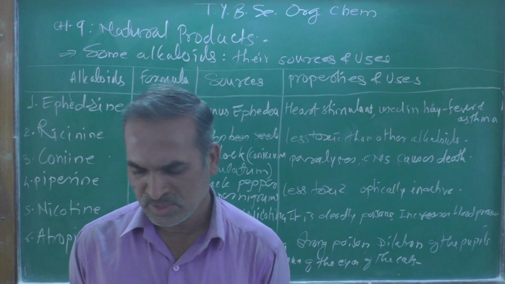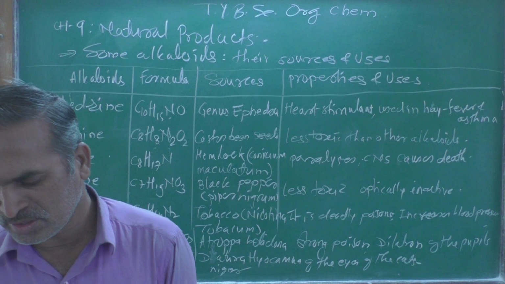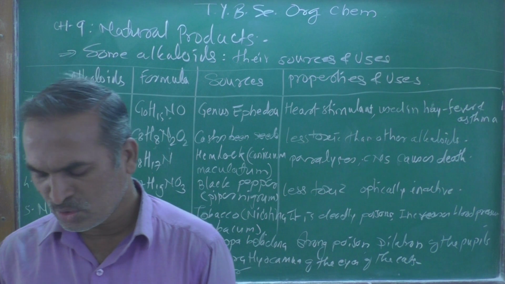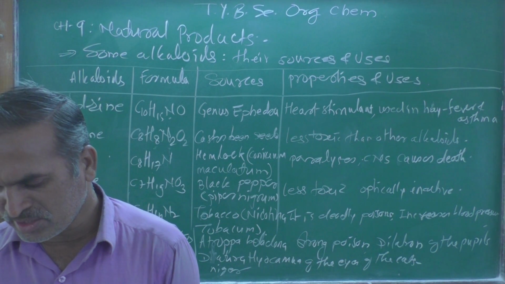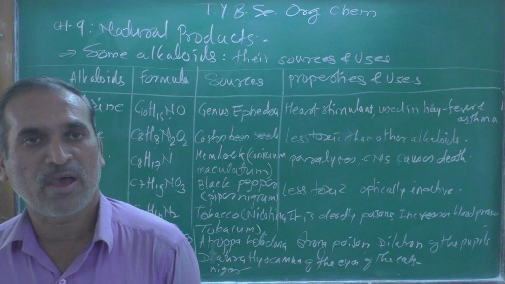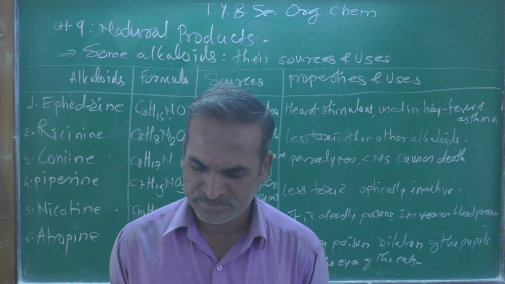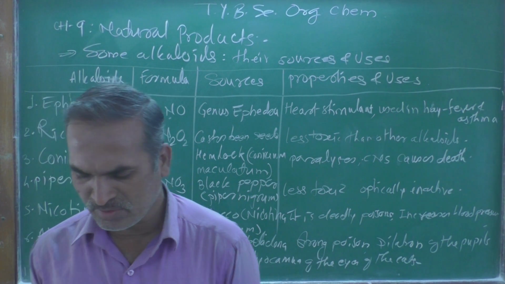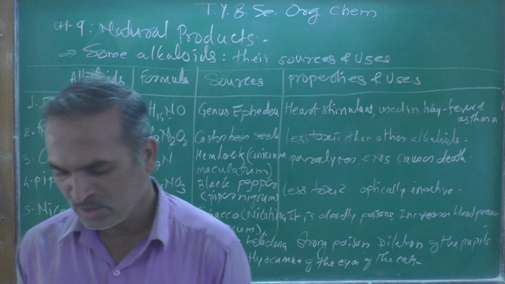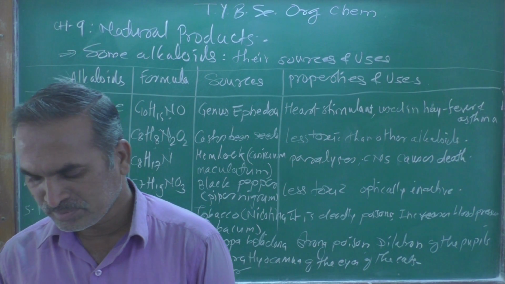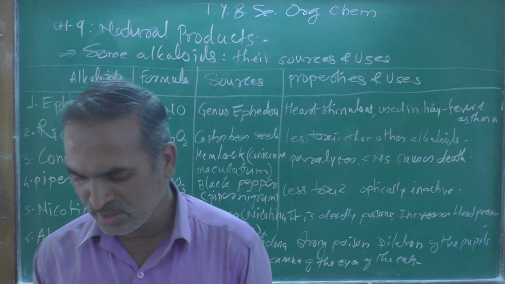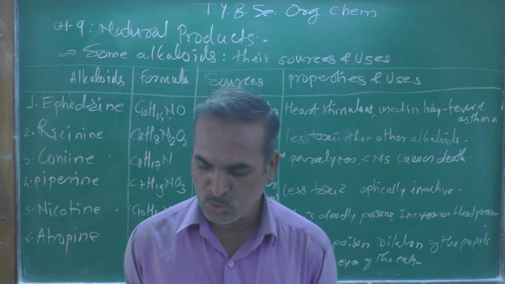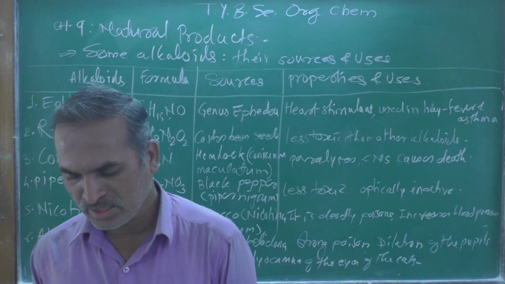Then quinine, it has the molecular formula C20H24N2O3. From cinchona bark, that is medicine for malaria and swamp fever. Then morphine, as we know, has the molecular formula C17H19NO3, and it is from opium poppy plants, an analgesic to control pain. And the last one is